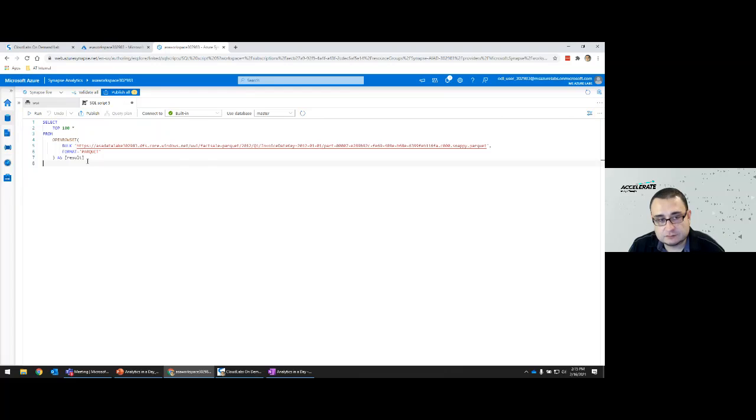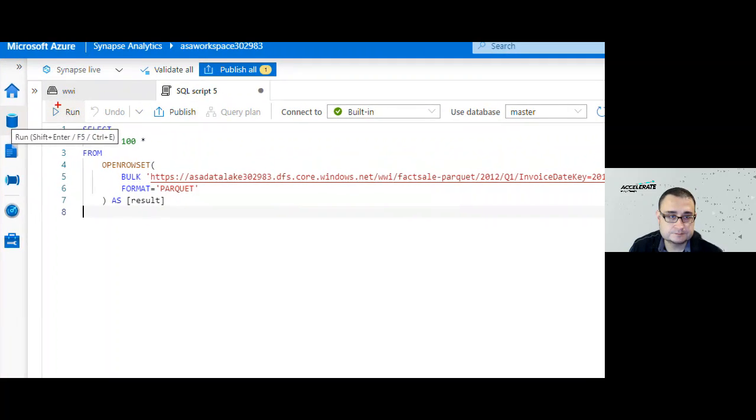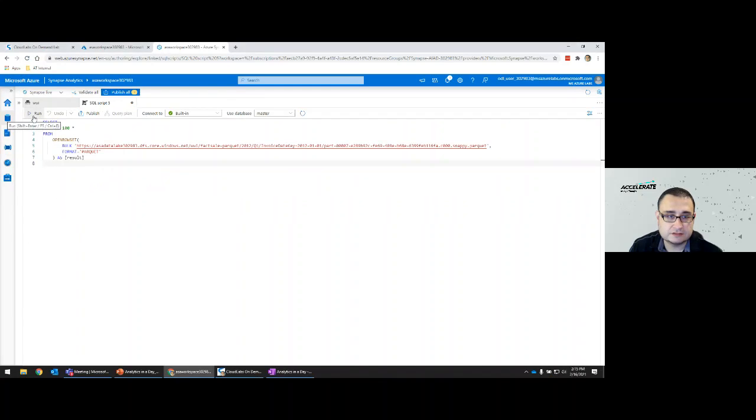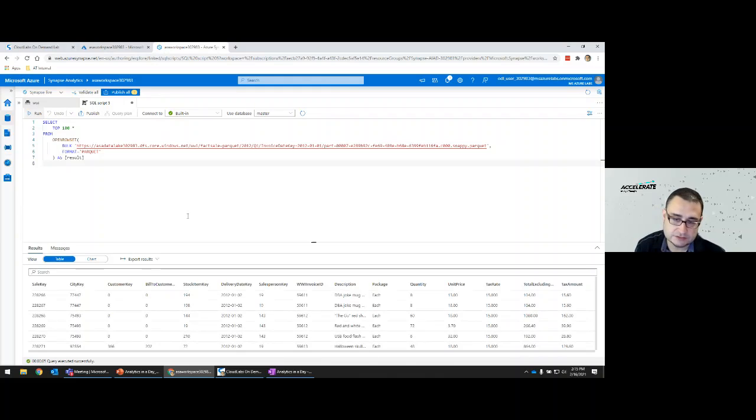You can see the query that it generated, and it's essentially an OPENROWSET query using a bulk read of a file that is formatted as Parquet, and selecting the top 1,000 from there. So we're going to click on Run, which is this button up here, and execute that query. It's going to take a little while to read and display the results. Well, actually, really fast, less than 5 seconds.